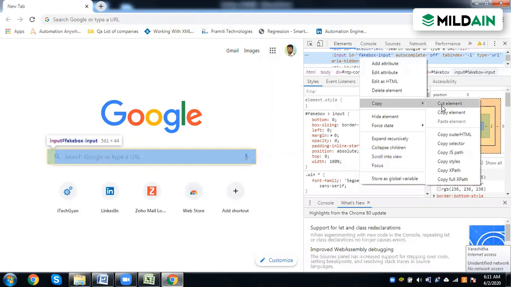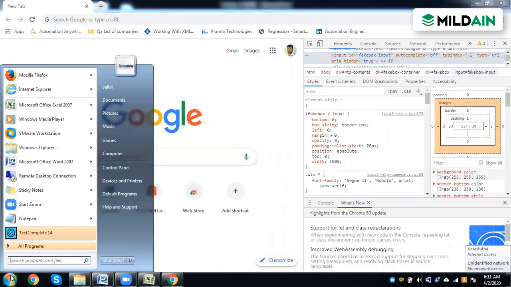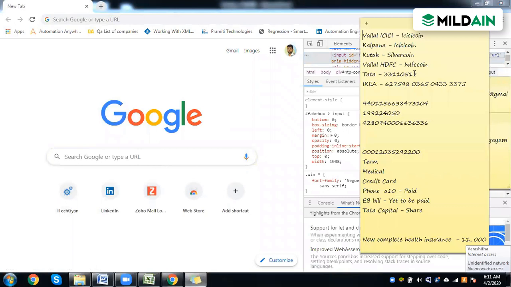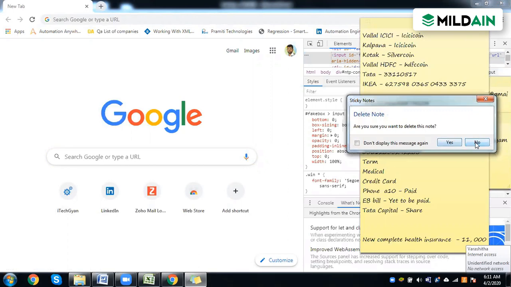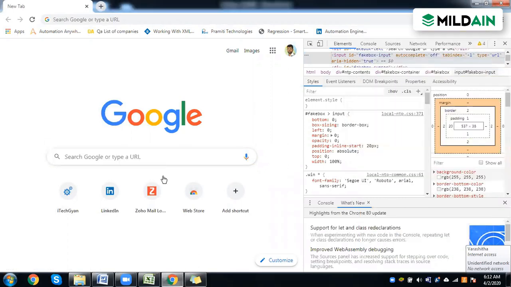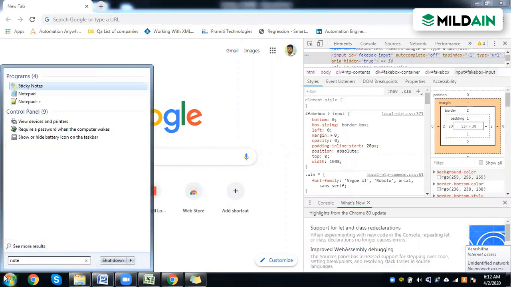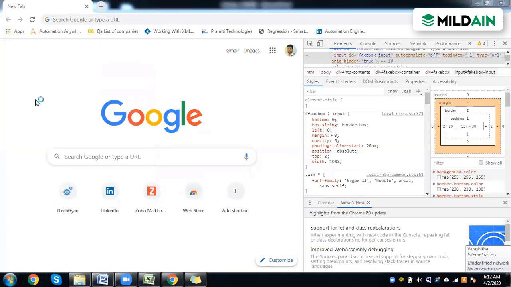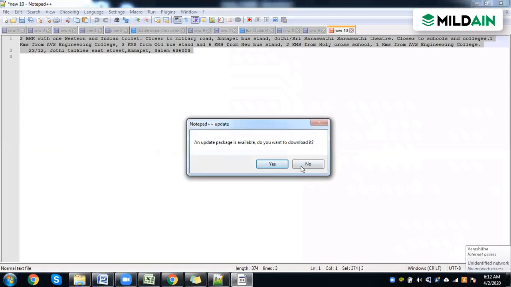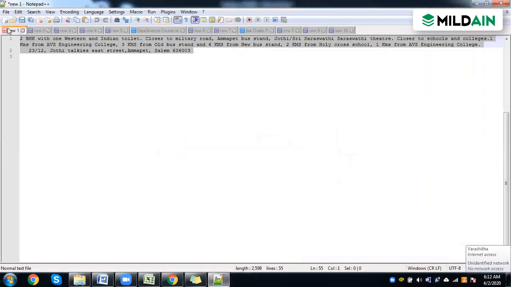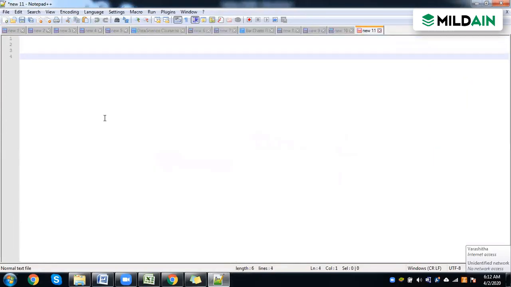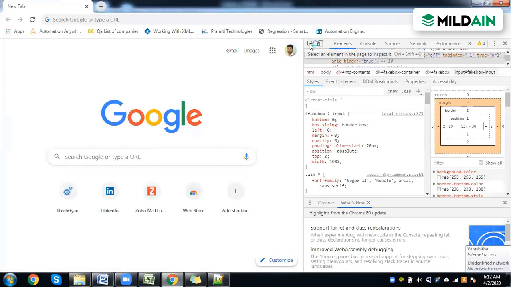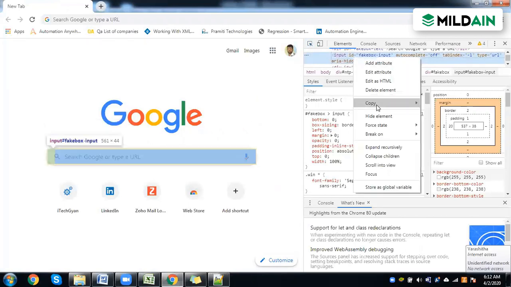If you see copy element, this is the set of properties which has been designed by the developer.